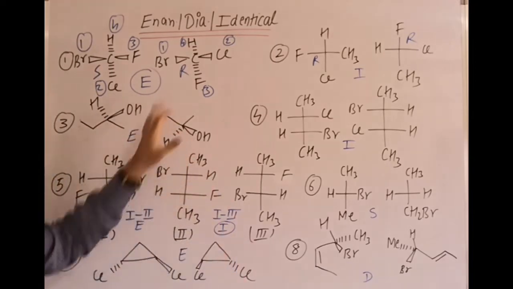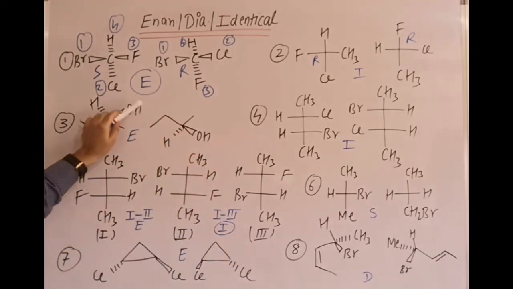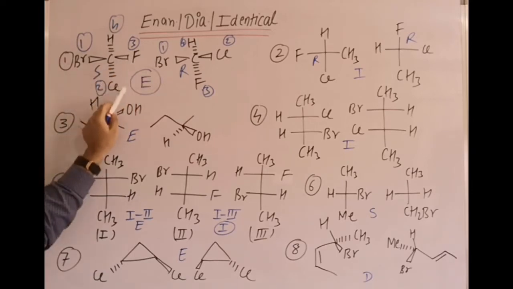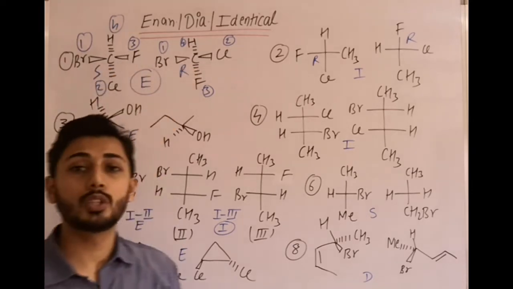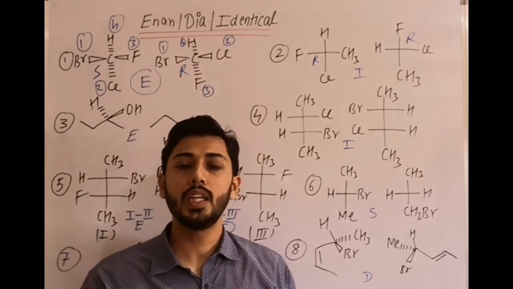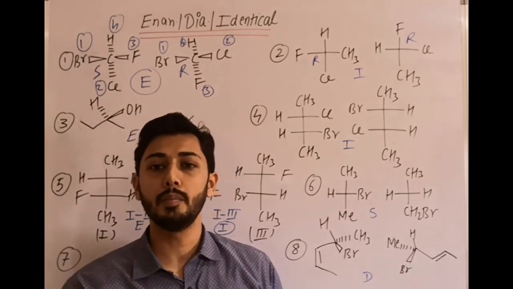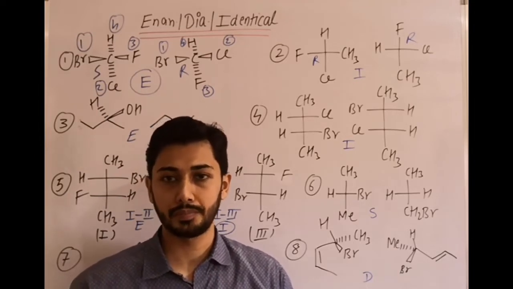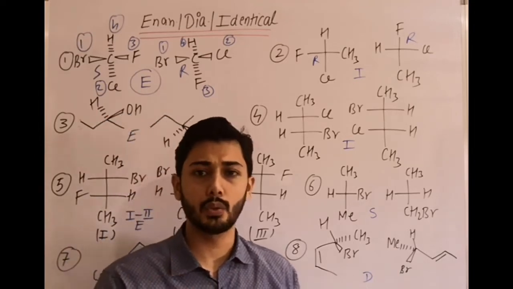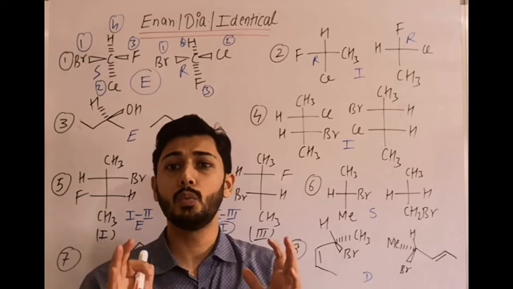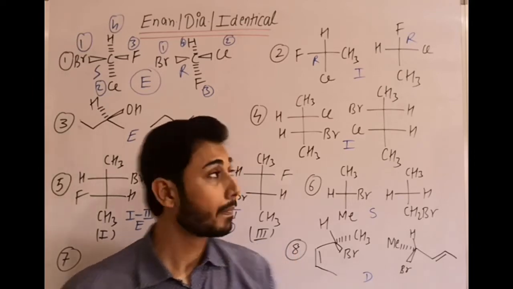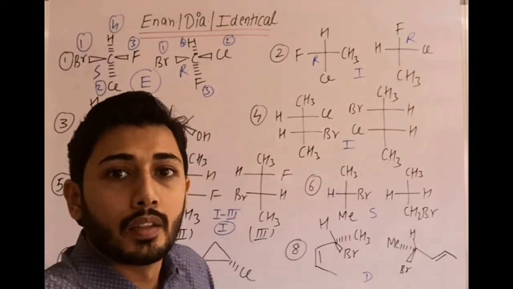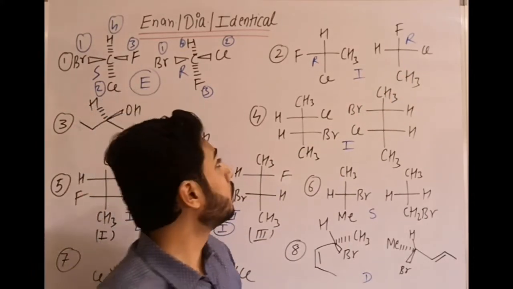Okay, so in this part I will suggest that, rather than finding RS, you see that in this example F and Cl position is changed. That means an odd exchange, and definitely if one is R, the other will become S, because even exchanges are allowed, not odd exchanges. These are the two ways I told you, but it depends on what type of example is given. Second one, they are the same molecules, they are identical.